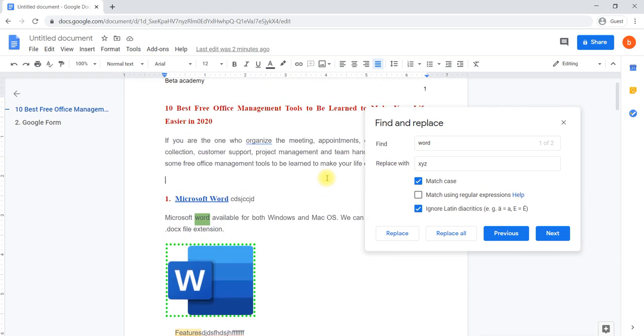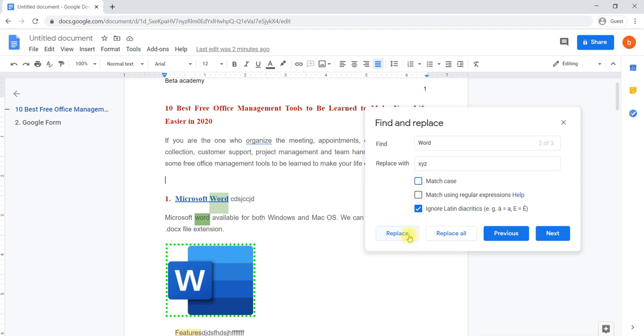If you would like to select the one with W in capital, then we have to write it exactly. If you would like to find an exact word, then we have to use Match case, otherwise turn off Match case.